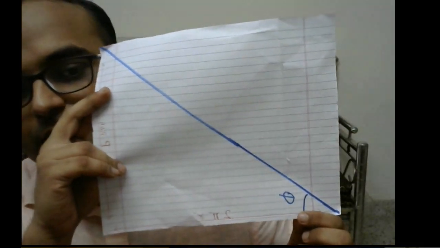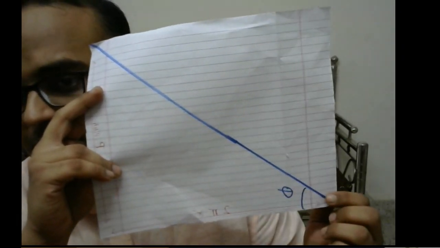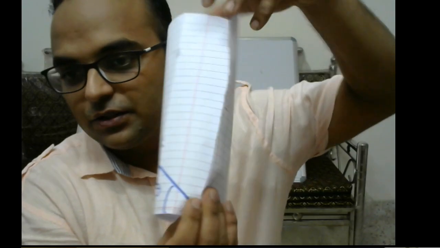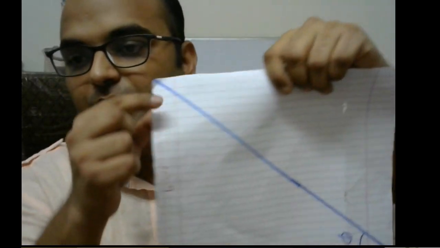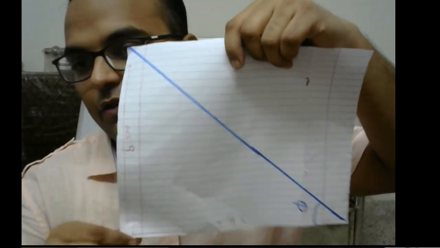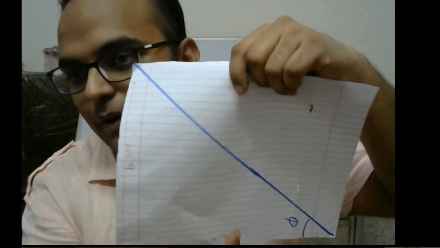with 2 pi r as the base, because this was just a complete circle. So when you open it, the distance will be 2 pi r. Here the radius will be the radius of the root, and the distance it has moved forward is called the pitch. So tan theta is defined as p upon 2 pi r.